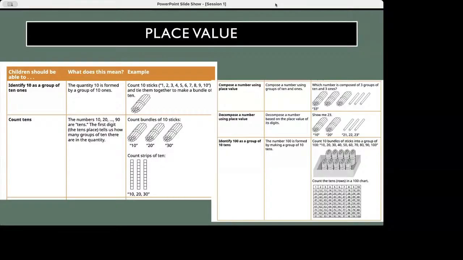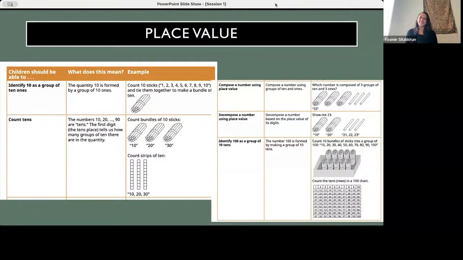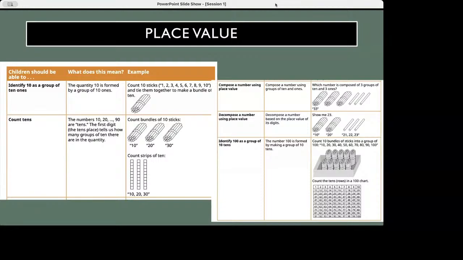Sometimes I see them using matchboxes. You have matchboxes and maybe coins. So when you count 10 coins, you put them in the matchbox. So that's a 10, and then the loose coins are ones. I don't know. I think the idea of the bundles of sticks, where the learners are actually bundling,